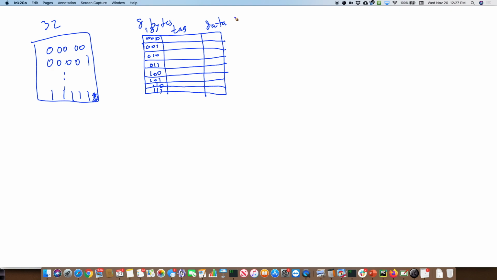Let's say that we want to use this cache to store data from our 32-byte data store. And we're going to store the following data. I'll write them all down here. 10110,